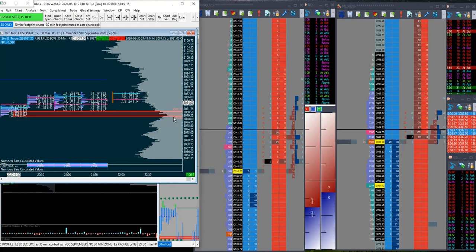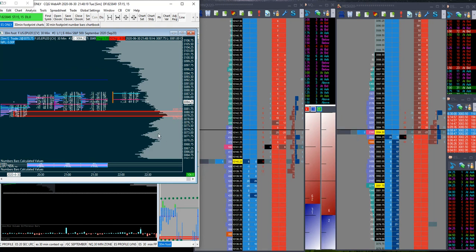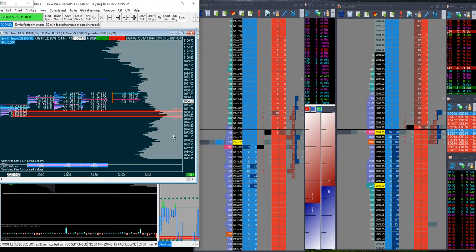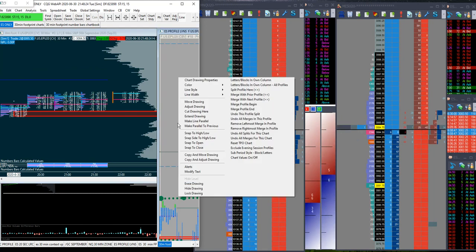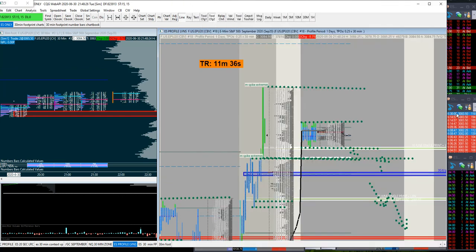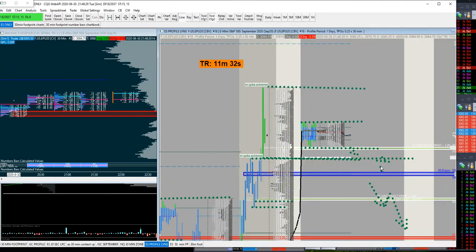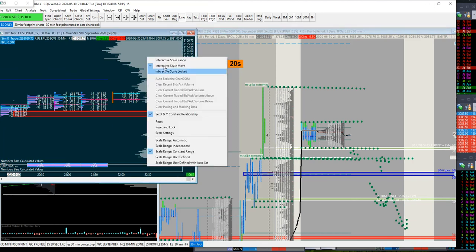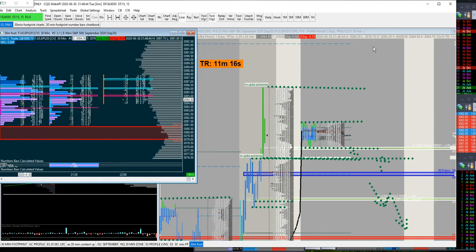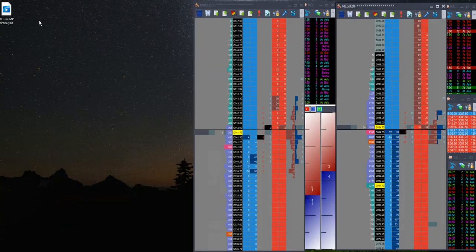Unless we get to this low volume node and sellers really do pick up, then I'll have some targets, 74 to 70 here, or like I said, it could be a target nuance just off the market profile. Other than that, that's pretty much how I could resume what I look for during the day. And obviously the market profile structure, the footprint, also the dome with Jigsaw here is the main game